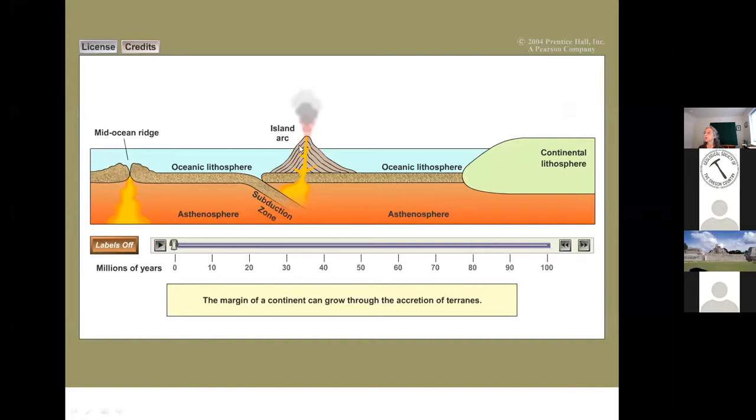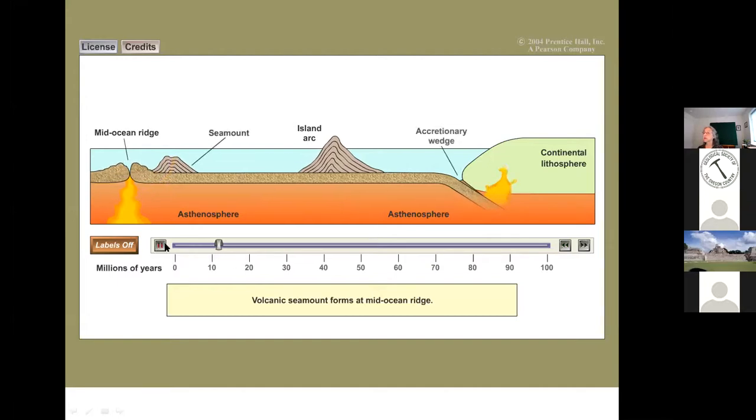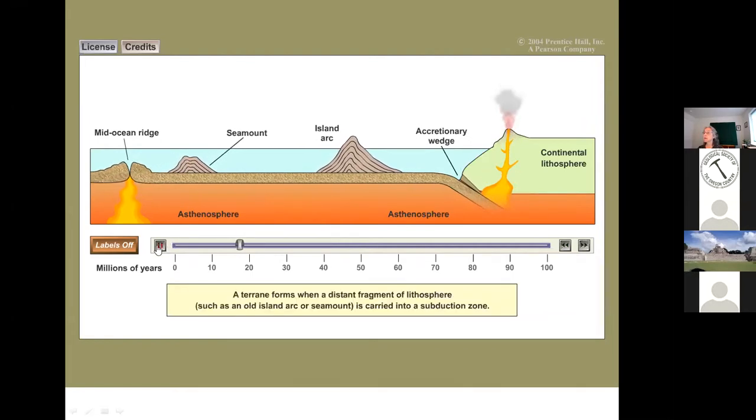We have an oceanic arc. So we've got an island, a volcano out here in the ocean, and through the magic of plate tectonics, it's riding on a moving plate. It is headed towards the continent, and the continent of North America at this time did not contain modern-day Washington, Oregon, or even California. The edge of the continent was over here in Idaho. And then those places got these accreted terranes, this foreign land moving by the magic of plate tectonics.